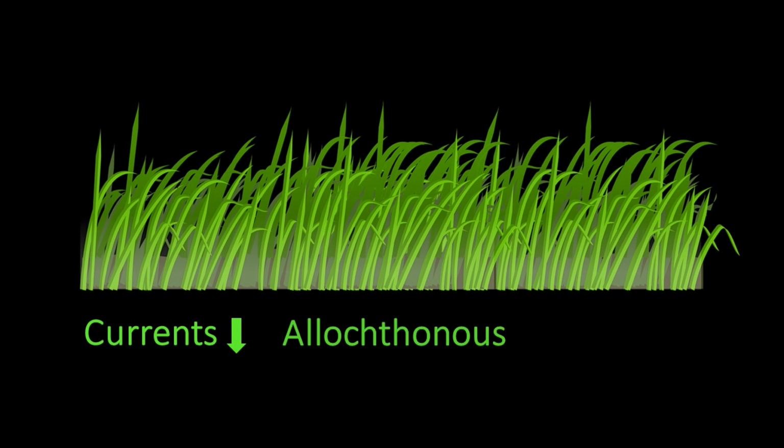Another way seagrass alters the local nitrogen cycle is through its physical structure. The seagrass itself can slow currents, causing debris to settle and become sequestered in the sediment. This debris is known as allochthonous material, coming from outside the seagrass system. The seagrass bed also sequesters its own matter, like dead leaves, known as autochthonous material.